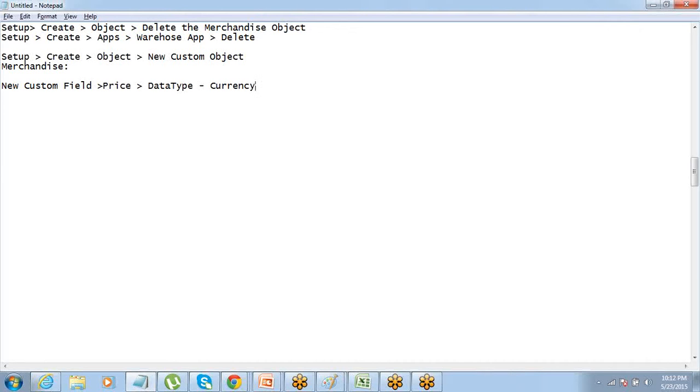All that we have to do is create the new custom field called price, and the data type will be currency. Correct? Just create the field. While creating the field, pick the data type as currency, name the field as price, label also can be same, and then keep on clicking on next, next, and save it.